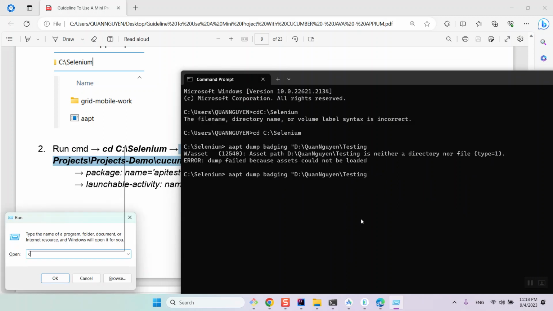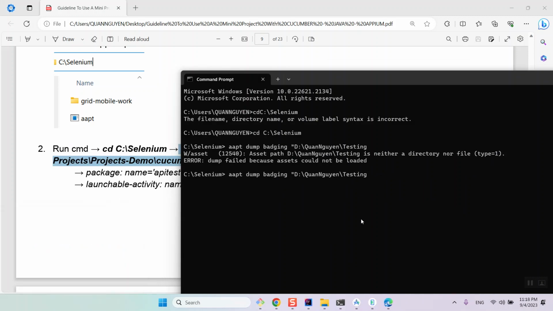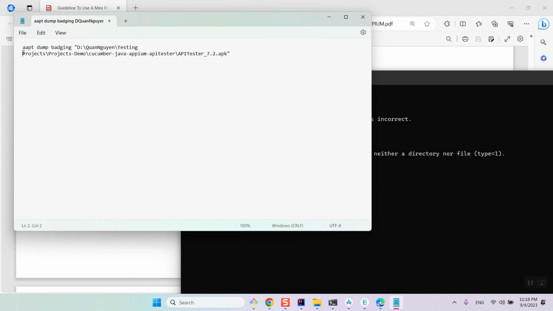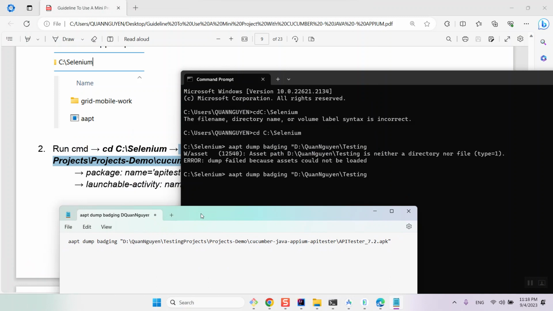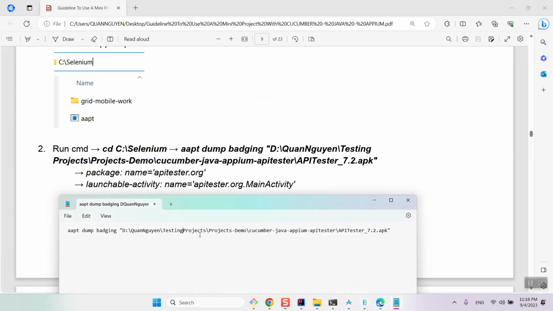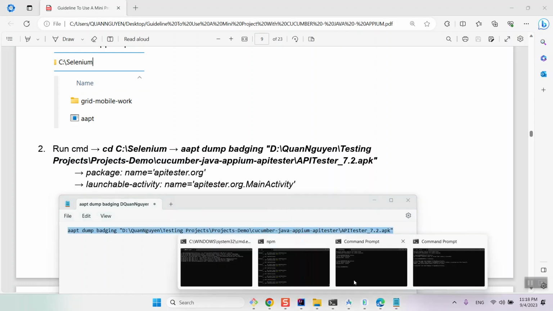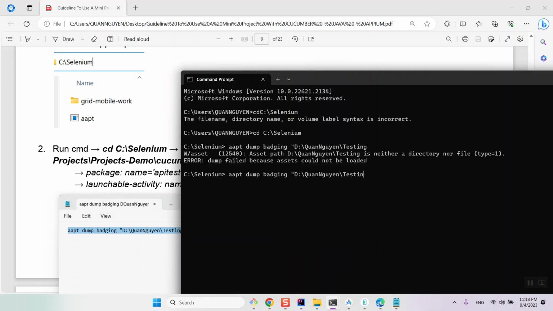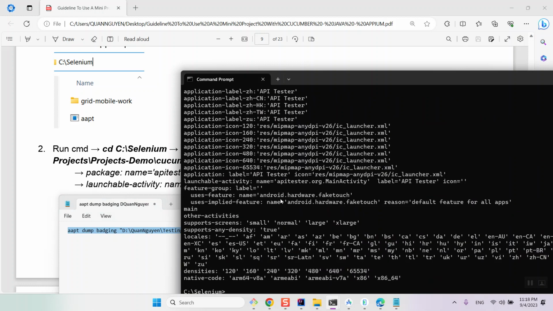Let's see. No, batch. Texas project. That should work. Yep, and you can see the name